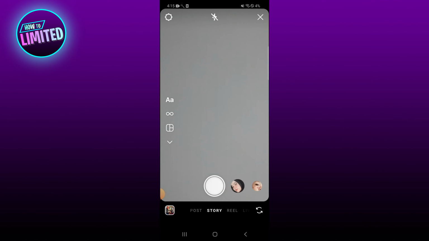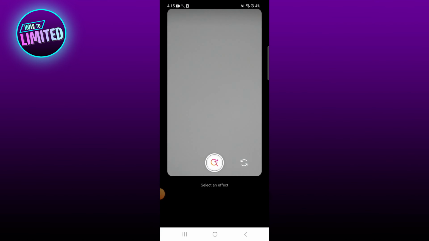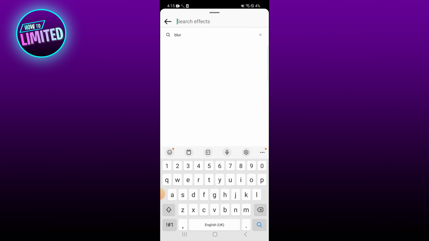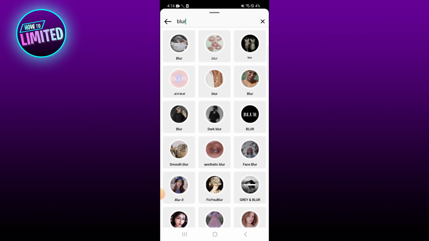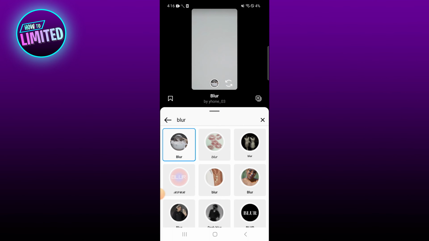Once the photo is uploaded, scroll to the right until you can see the browse effects. Tap on it, then search for blur effects. It will give you a lot of options to choose from. Once you are satisfied with the blurring, you can add text, stickers, or other effects to your story and then